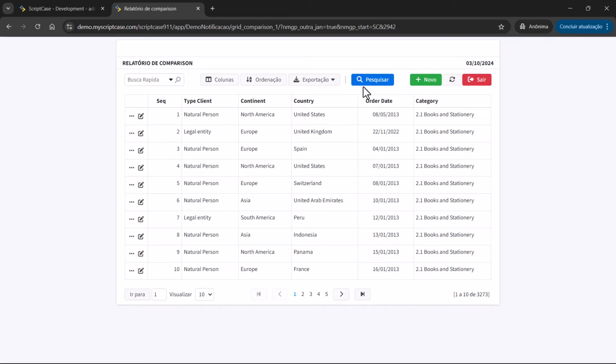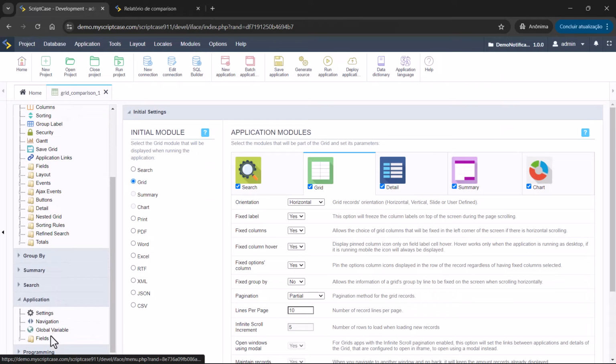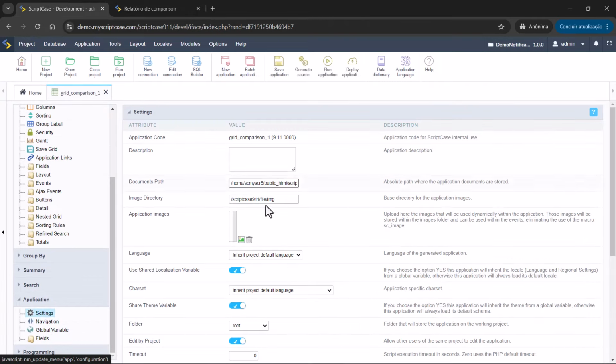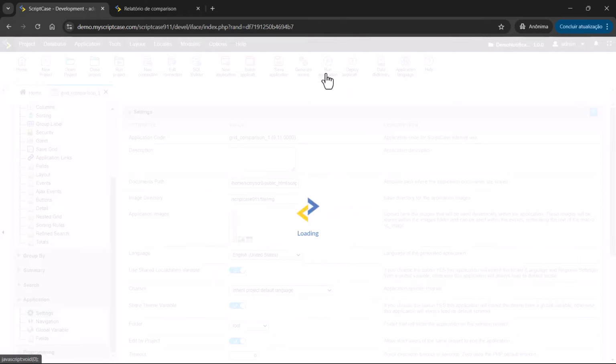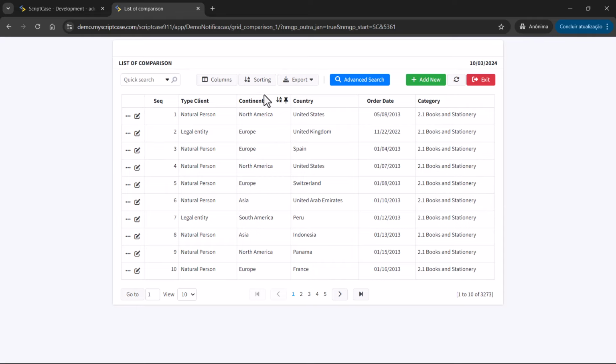We have the advanced search. Let me change here the language. I forgot to do it when I was creating the application. Okay, English. Okay.